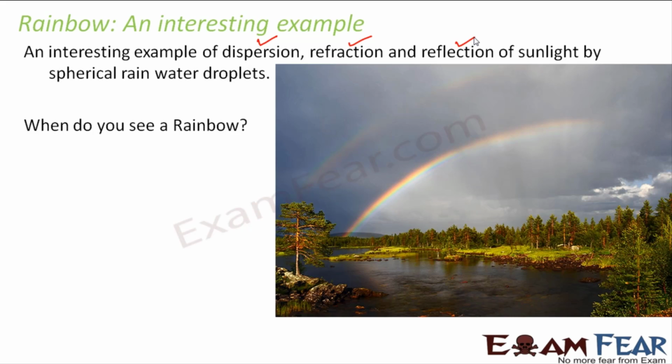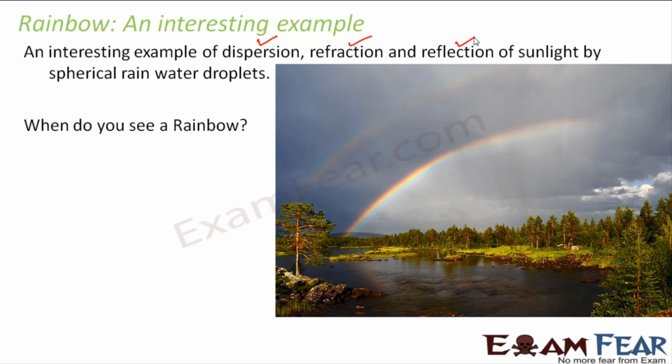When do you actually see a rainbow? If you observe, you will generally see a rainbow after rain. Let us suppose you had a heavy rain. When the rain almost stops, such that one part of the sky is sunny, whereas the other part of the sky is rainy, now if you stand keeping your back towards the sun, you will be able to see the rainbow. That is the observation. Why that happens, I'll explain in the next two slides.